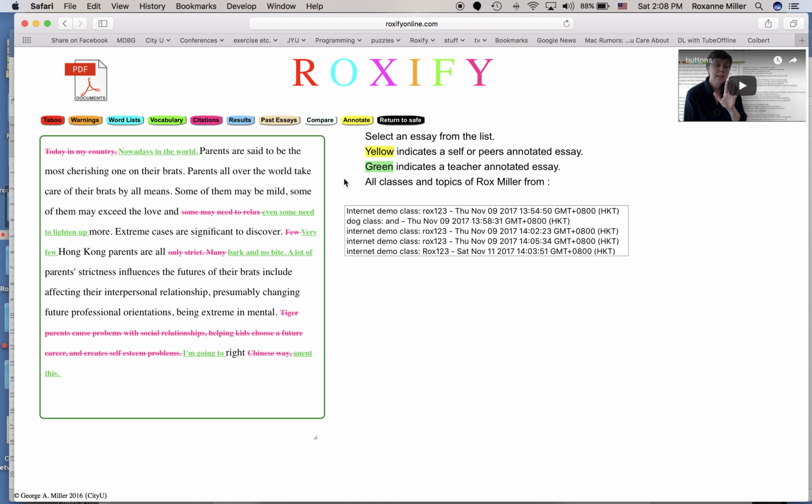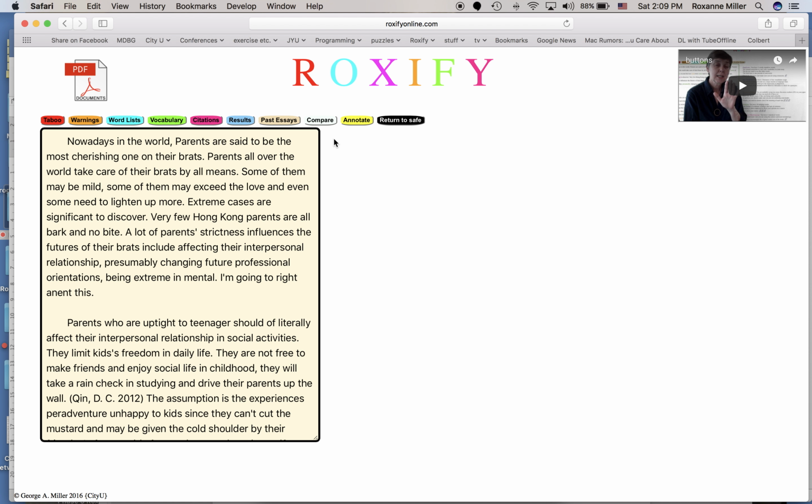Now, one of the nice features of Roxify Online is the annotate function. It can be used for student peer-to-peer feedback. So I'm going to click on an essay that the student has entered on Thursday, and I'm going to click on the annotate button. When I do this, a new screen pops up,